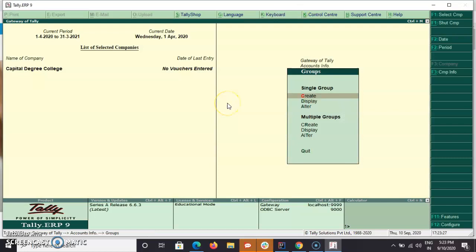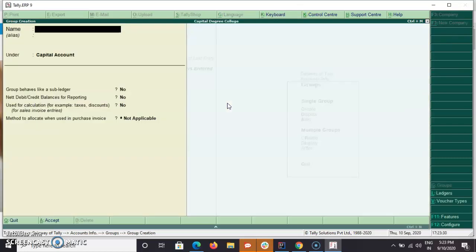See here, for example, I'm creating one group. I'm creating some assets. Assets means, for example, some quality one asset and quality two asset. So I have two types of assets, quality one and quality two.